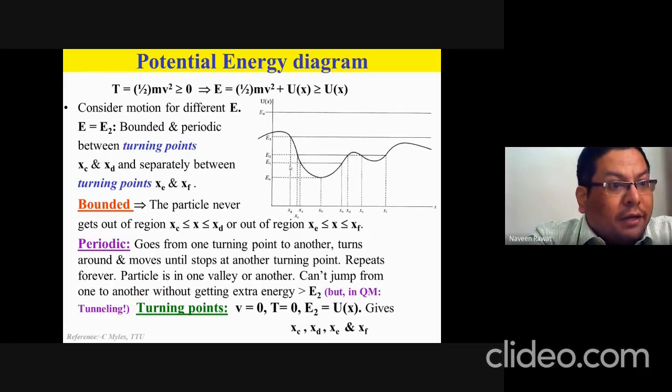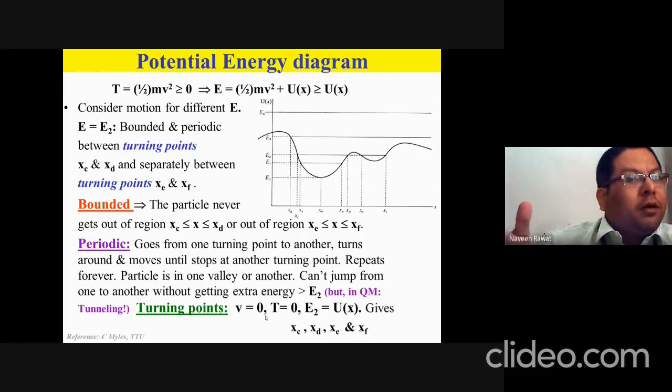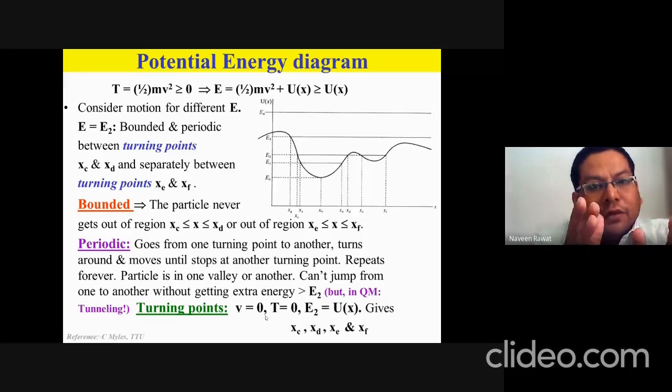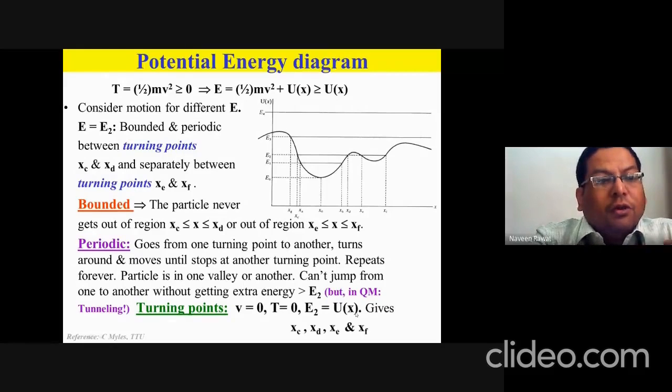Again, at turning points, like we were mentioning, the velocity of the particle is going to be zero, just like your pendulum or your spring. At the end positions, the velocity is zero, and then the kinetic energy will be zero, right? And all the energy that is possessed at that position of turning point is your potential energy. So you see a lot of information you can gain by just looking at the potential energy curve.